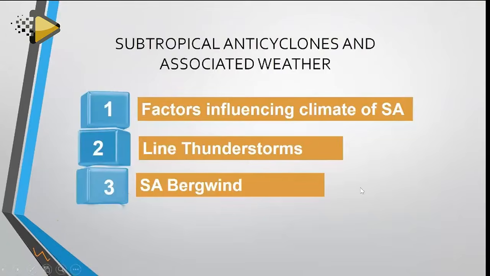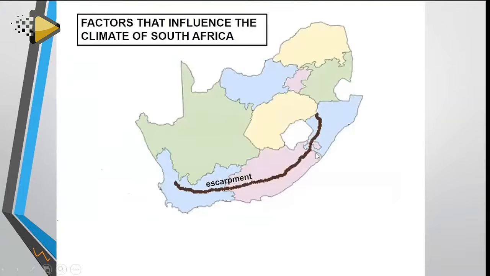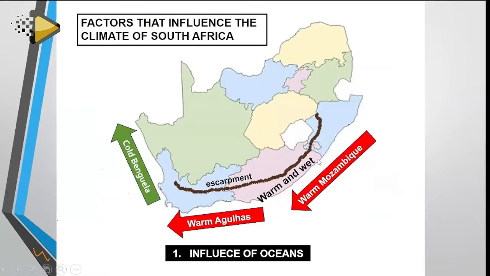Now let's look at subtropical anticyclones and associated weather. So here, what are we going to look at? We're going to look at factors that influence the climate of South Africa, the line thunderstorm and South African berg winds. This we call traveling disturbances. So what we have there, we have